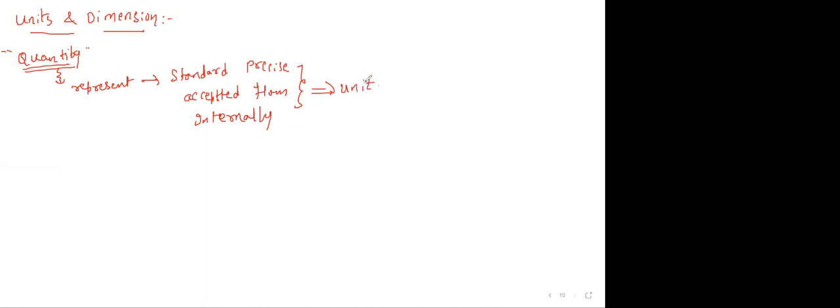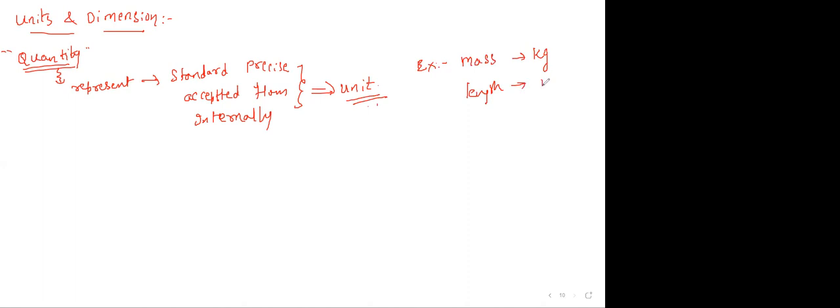So a unit is just a representation of the standard, precise measure which is accepted from the international system. Example, from the international system, for mass we denote with kg,